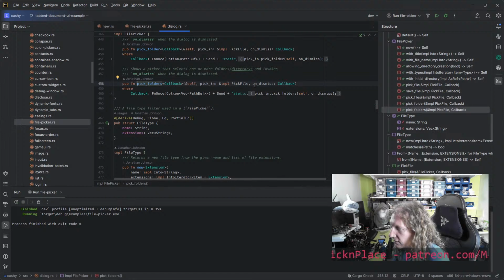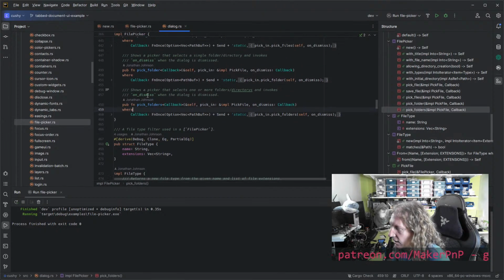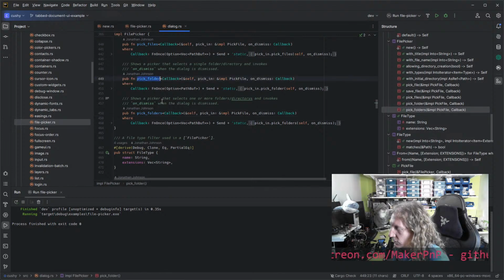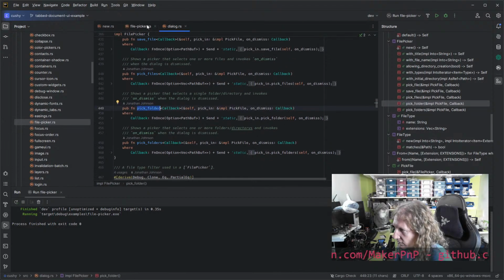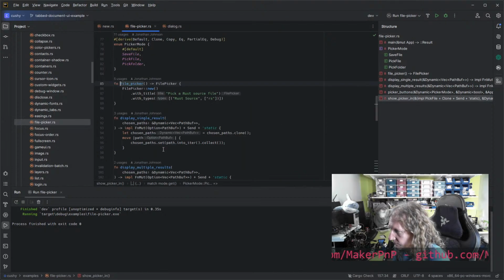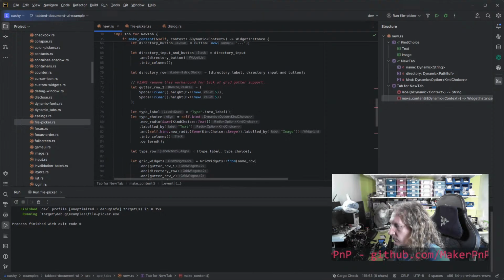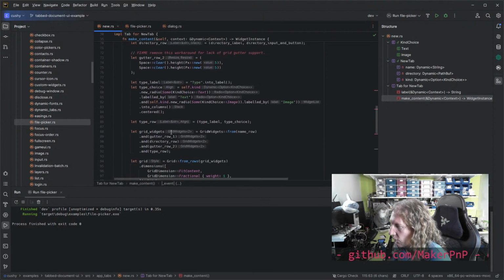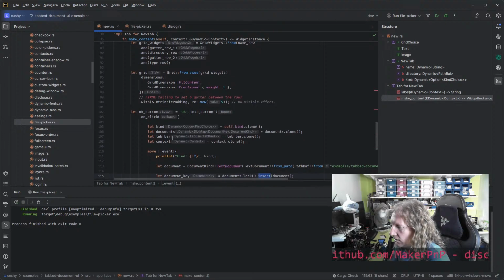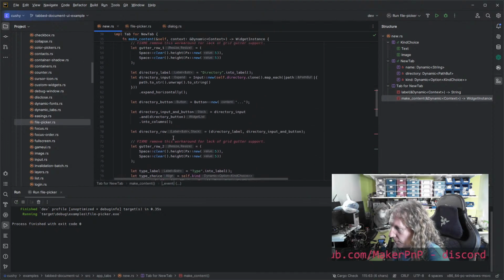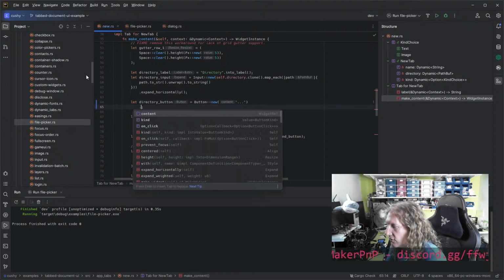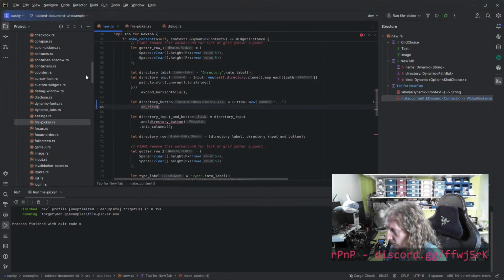On dismiss. Yeah, okay. So that's what we're supposed to be doing. So this is how you create a file picker. So where's our dot dot dot button? Here it is. Dot on click. Here we go. Oh, why has it done